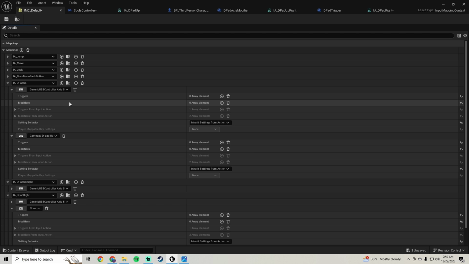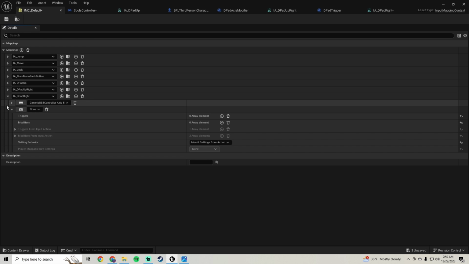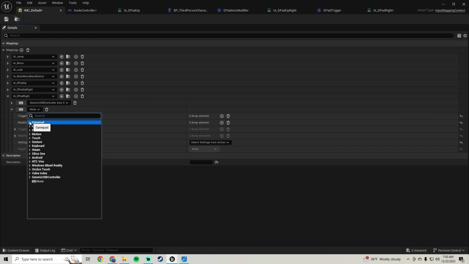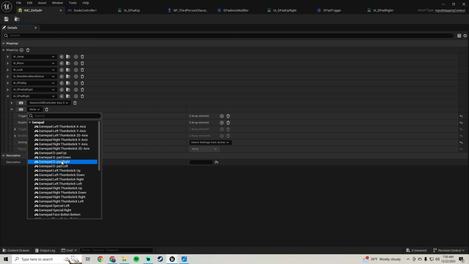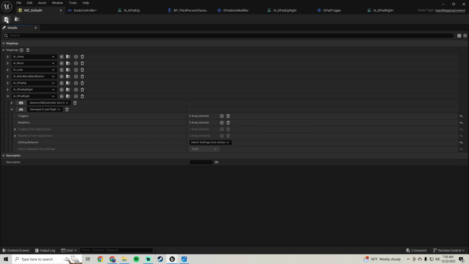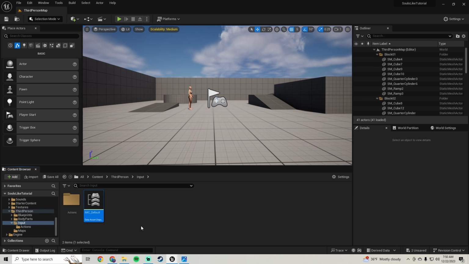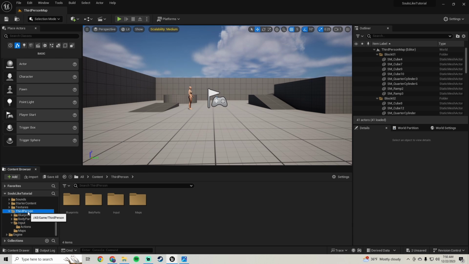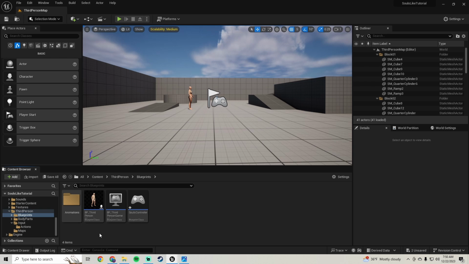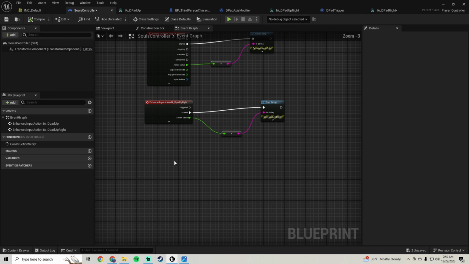And for this one, we can add our Xbox controls. So gamepad, D-pad right, and now we need to add this to our input. Actually, third person blueprint Souls controller,